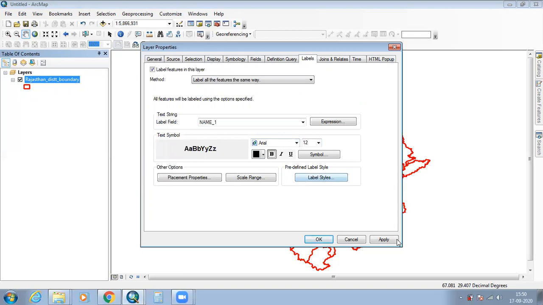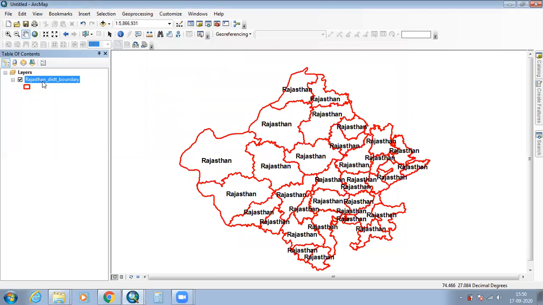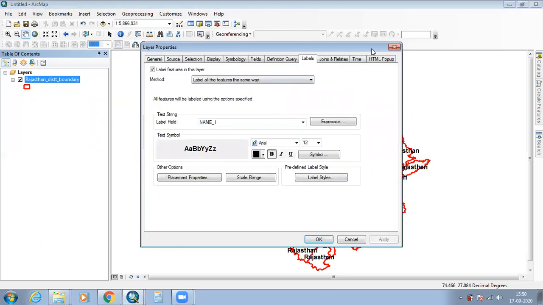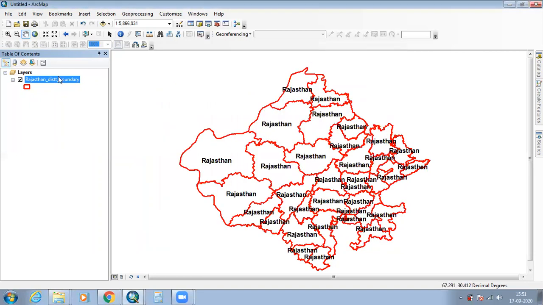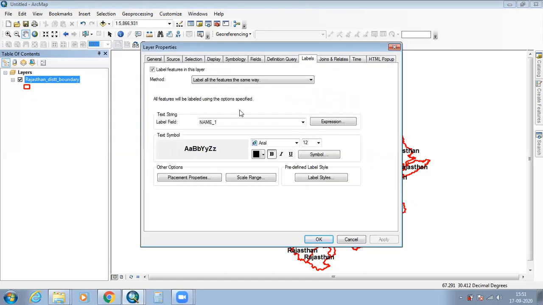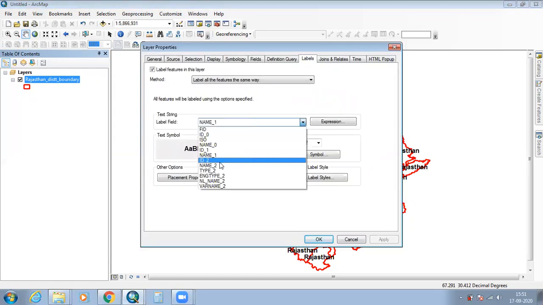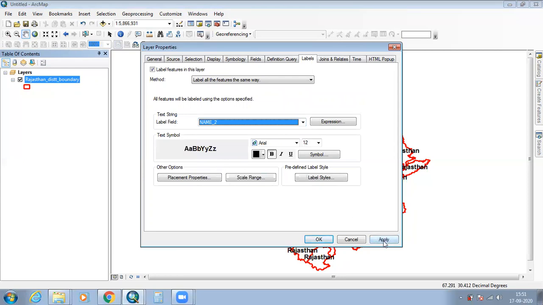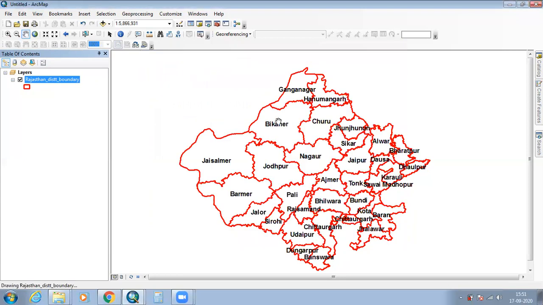Okay, then apply, then okay. We just take this attribute name, then apply, then okay. So this is the method how to display the names of any layer.